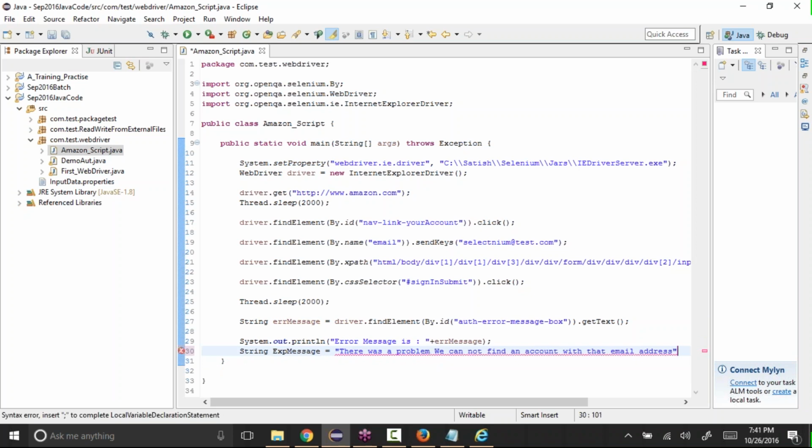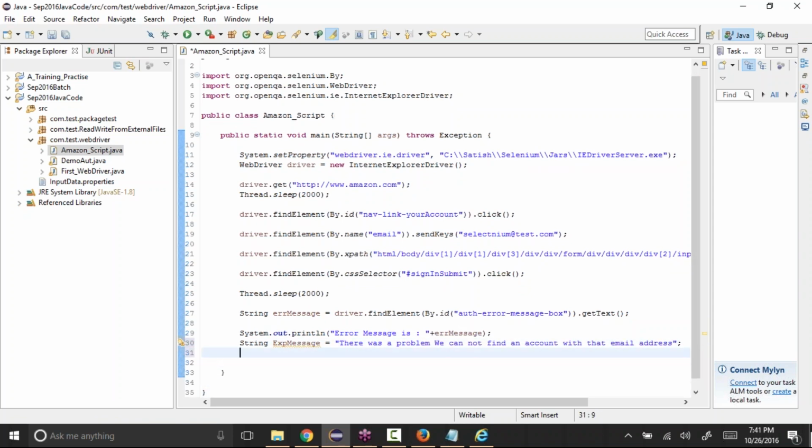Okay, expected error message equal to this. So the error message is this. Now let's say we got this message from our application, or from the requirements. Our requirements document says that this is what the error message should be when you enter a wrong username